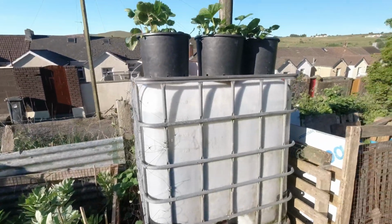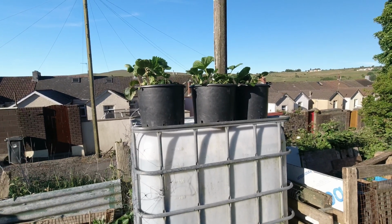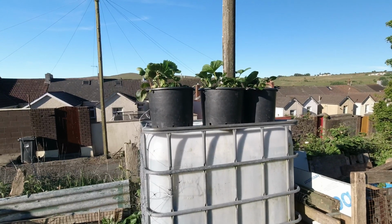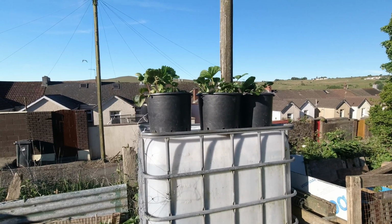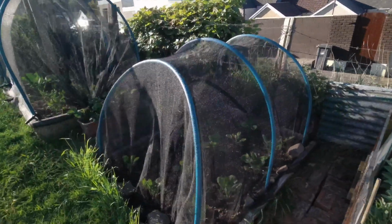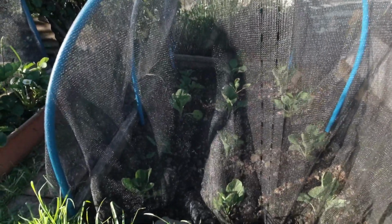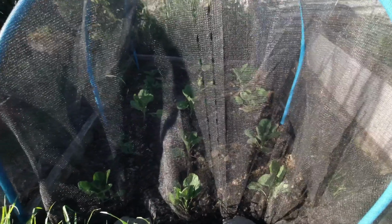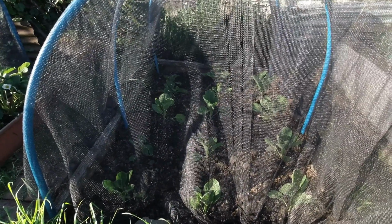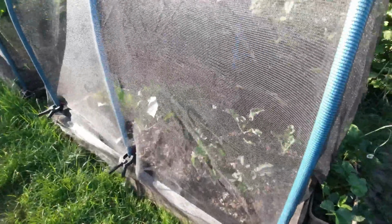On top of the water tanks, we've got the strawberries, and yeah, I'm pleased with this method. Watering them can be a bit of a challenge, lifting that watering can up every day, but they're certainly prospering, which is good. My sprouts are doing well, plants looking strong, and we'll have to stake those in the not too distant future, because we do not want them falling over like last year's. A few more strawberries there,